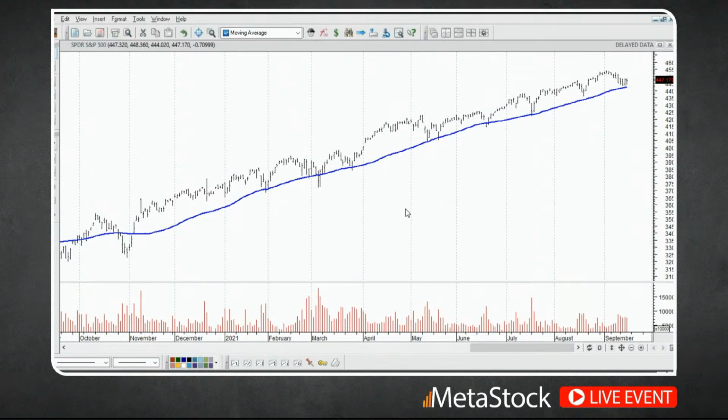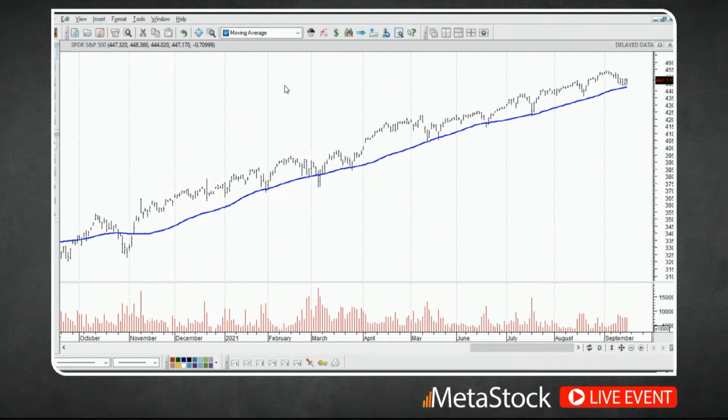Now, to identify a trend, this is a whole other area that we could actually spend some time on, but we're going to try to keep it really simple tonight. What we're going to do to identify the trend is just look at the closing price in relation to the moving average. If the closing price is above the moving average, we're going to call that bullish. And if the closing price drops down below that moving average, we're going to call that bearish. And as you might imagine, with any type of analysis, any type of formulas that you create, there are always going to be pros and cons to it. But I do want to try to keep it as simple as possible.